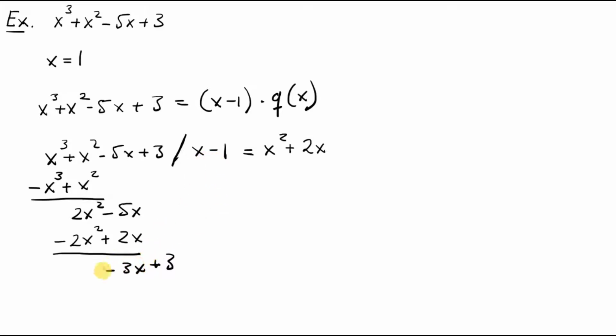How many times does this go into this? The answer is minus 3. Minus 3 times x, that's minus 3x. But plus, since we subtract. Minus 3 times minus 1, that's plus 3. But we subtract, so it becomes minus 3. And then we get 0, which means that this is the quotient. This is the polynomial here. So now we can write this as